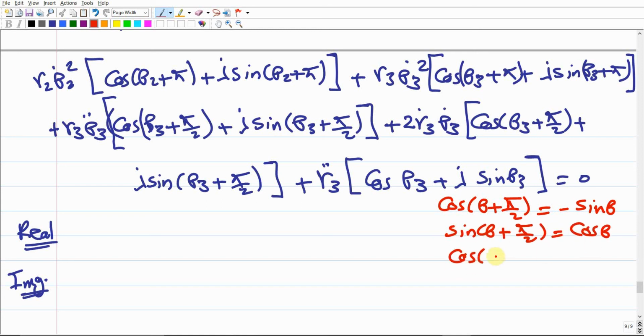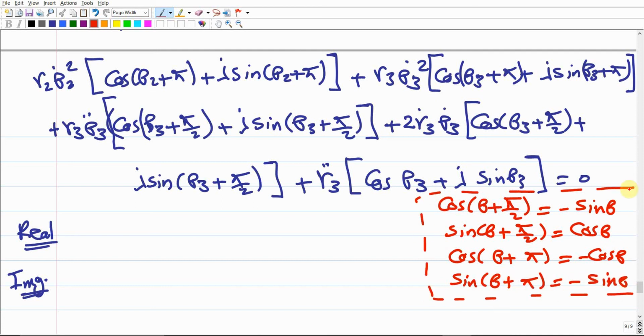The cosine of theta plus pi gives us the negative cosine theta, while the sine of theta plus pi gives us the negative of sine theta. Just consider these trigonometric quantities and drop them here in the real and imaginary parts. So if we decide to collect the real part,